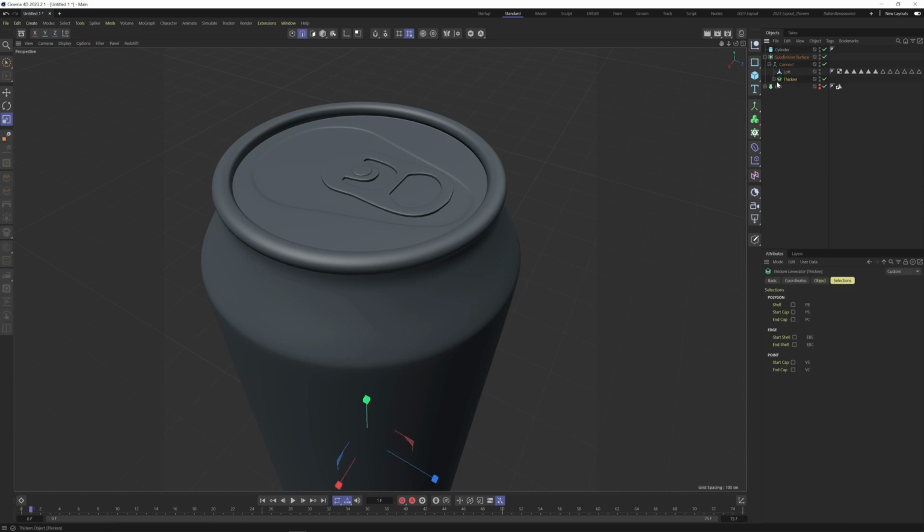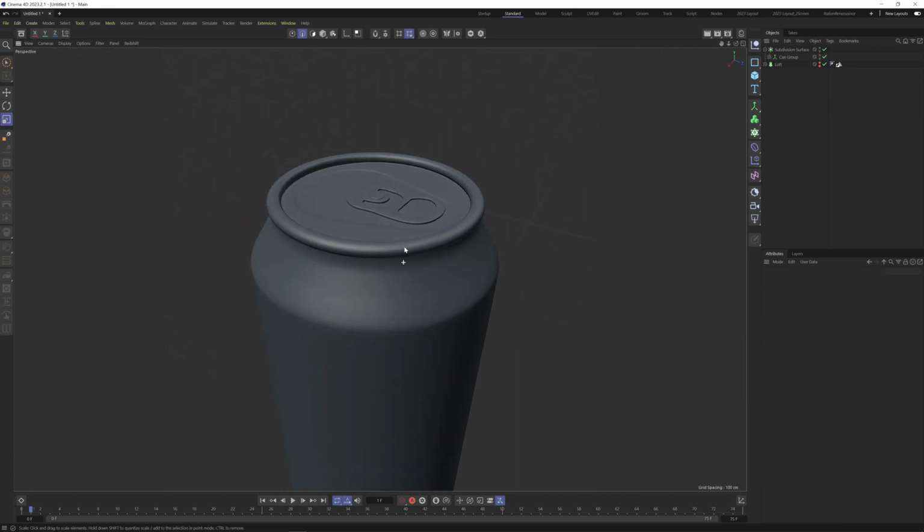So to make things a little bit easier for ourselves, we'll make this the can lid. This is the can. The can group, so everything lives inside there. And then we've got this one, which is the top of the can there, so we'll just throw that in the group as well. We'll just leave it as a cylinder, that's not too complicated. And now we can go on to the next section,